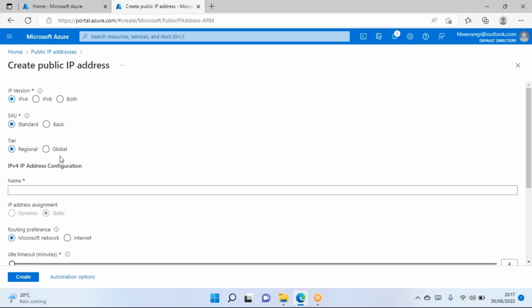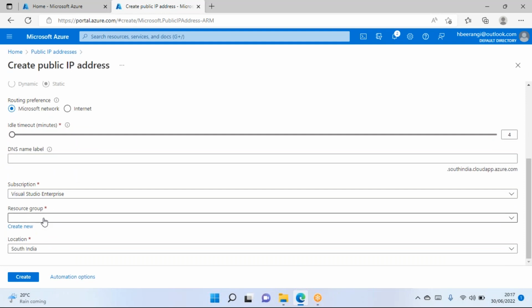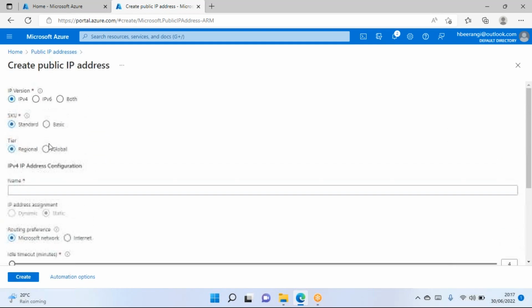And there are two options here again under tier. It means regional or global. When I say regional, this public IP address will have an option to get connected only through your location where you are going to create it, based on your resource group. If I go with any other option like global, you can use it across all the regions. However,